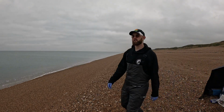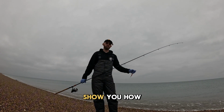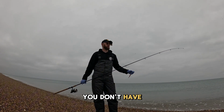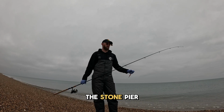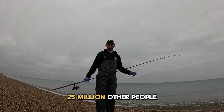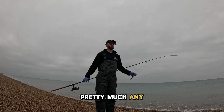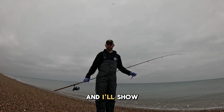Ladies and gentlemen, we are fishing. There's loads of squid about this year, and I'm going to show you how easy it is to catch them on Chesil Beach. You don't have to go to piers, you don't have to go to Weymouth Pleasure Pier or the Stone Pier and be around 25 million other people. Kind of gap on Chesil pretty much any time of the day,